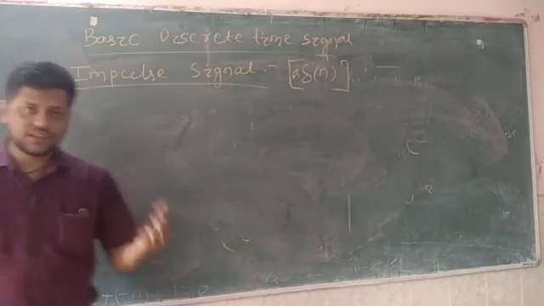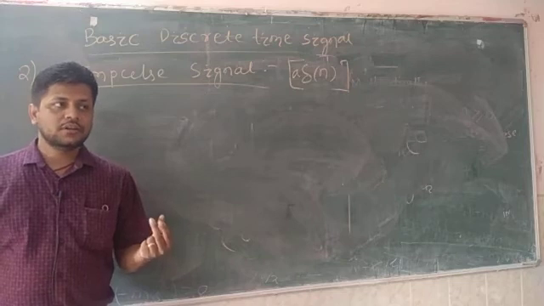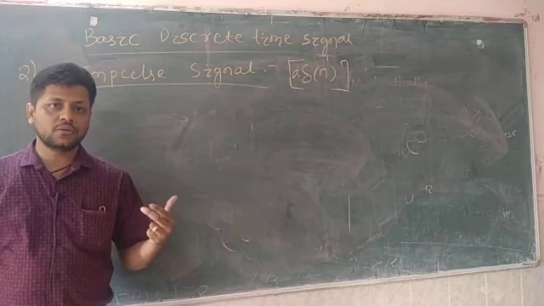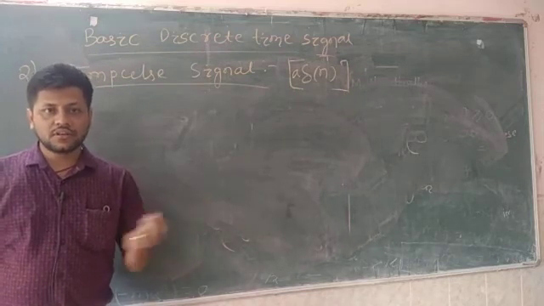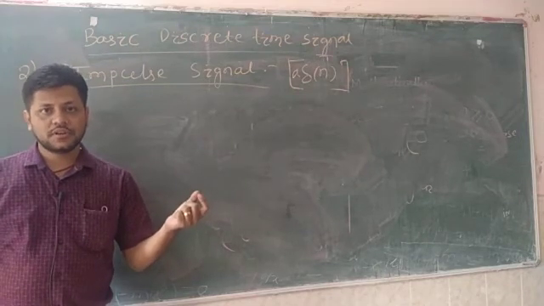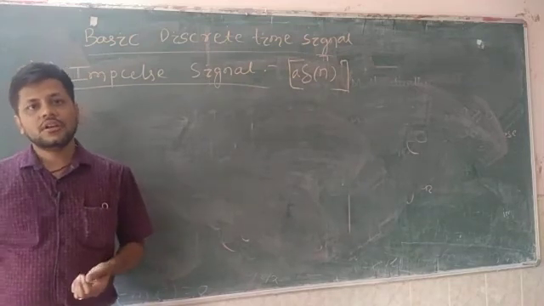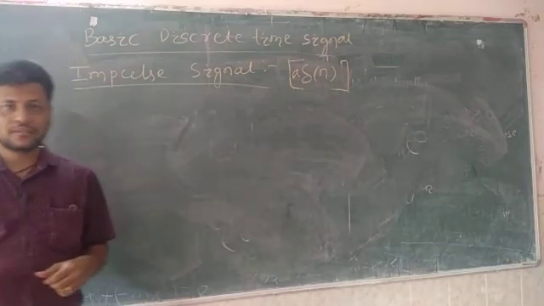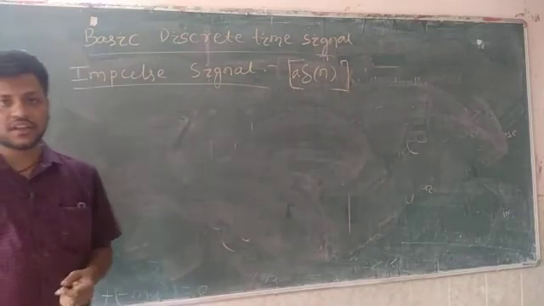So impulse means sudden change. What is the meaning of impulse? Impulse means sudden change. For example, the natural example of this is lightning. Lightning is a very good example of impulse signal, that is sudden change. So for example, when the time is varying from one point to another point, say from -2 to 2, then obviously at time 0 there is a sudden spike that will appear, and that spike we represent as an impulse signal.